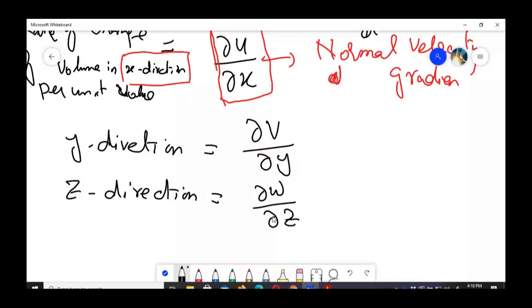सर, ये भी वाई और जेड डायरेक्शन में भी इनको नॉर्मल वेलोसिटी ग्रेडियंट कहेंगे? बिल्कुल, ये नॉर्मल वेलोसिटी ग्रेडियंट है क्योंकि v जो वेलोसिटी है वो y डायरेक्शन में होती है, तो उसी डायरेक्शन में उसमें चेंज आ रहा है जिस डायरेक्शन के लिए वो वेलोसिटी है। ठीक है, तो ये भी नॉर्मल ग्रेडियंट है।